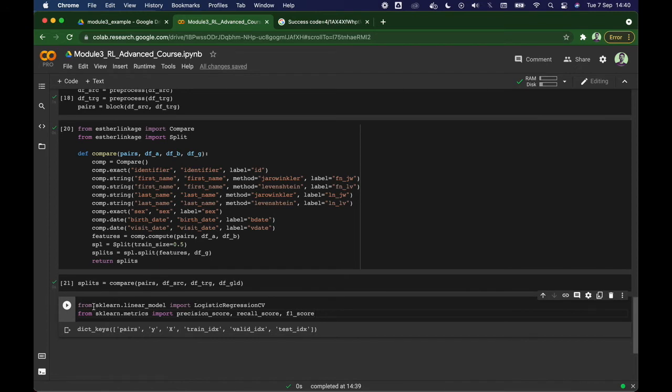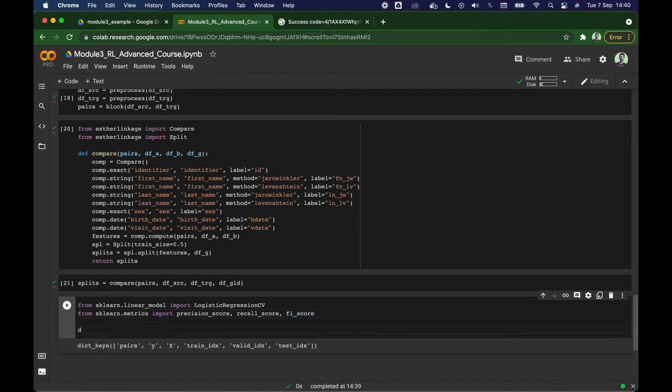We can import this classifier like this from sklearn, and we are also importing precision, recall and F1 score metrics. So now we are going to define a function that is going to be called score and validate,